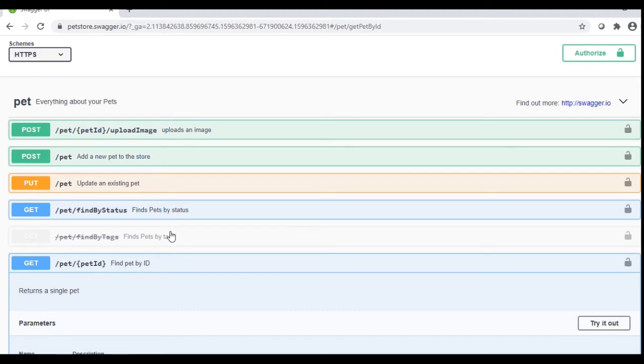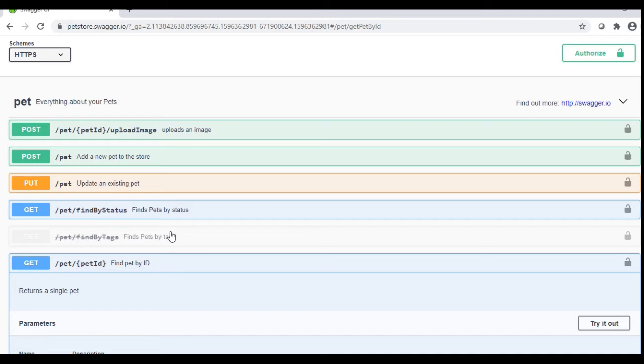As we have discussed in the WSDL import, this WSDL includes the details about the formats: the request format, the response format, the URL format, everything will be specified in that WSDL folder.